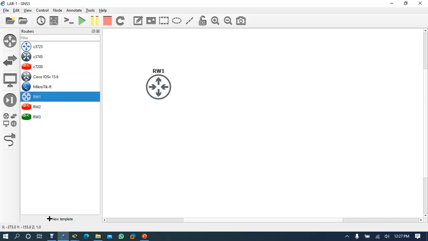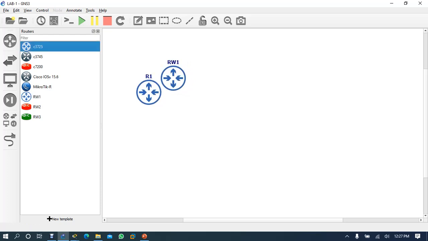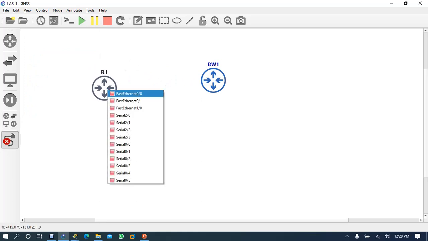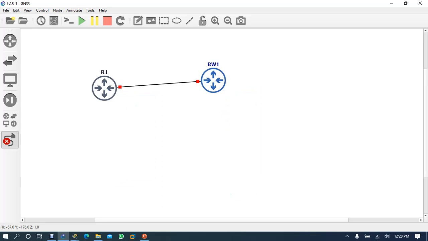So let me take, as of now, both. Are they of the higher version? Yeah, higher version. So I can show you both routers. If you want, you can connect them, but right now we are not working on connectivity, so don't worry. Start all these routers.